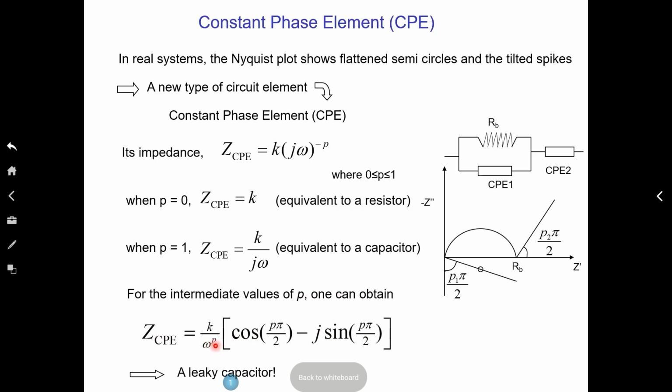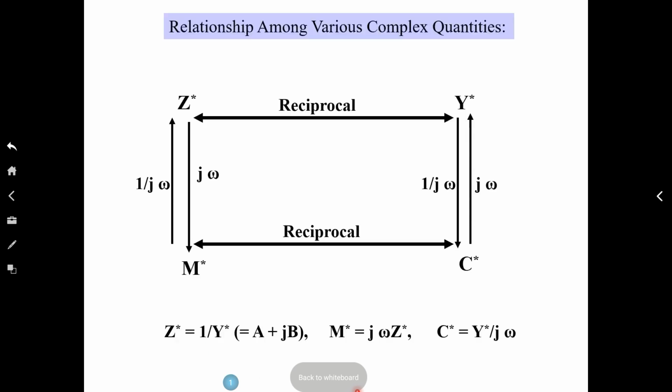If P is somewhere between 0 and 1, it will represent the degree of deviation from an ideal capacitor in dynamics. So these are the types of things people use in behavioral analysis. The other thing I wanted to emphasize is, again, what we learned is that sometimes you